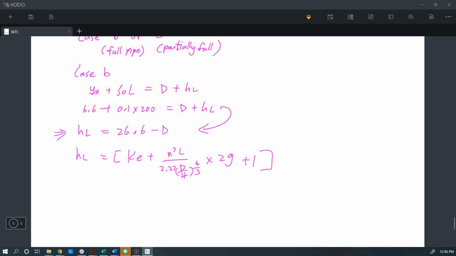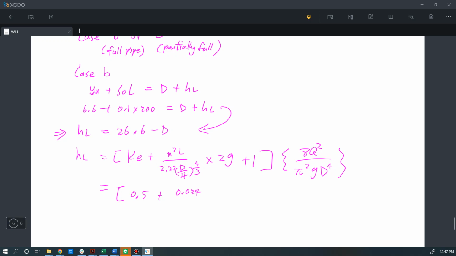So this is the same equation that we used in the previous problem, but you just need to fill in the corresponding numbers. Again, we plug in the corresponding numbers. The entrance head loss coefficient is 0.5